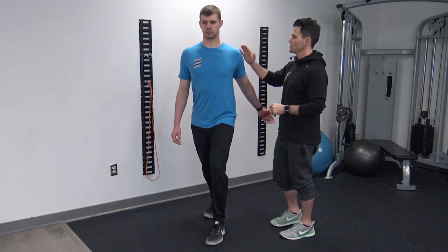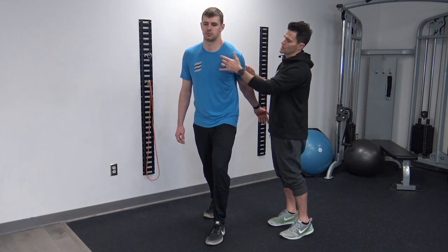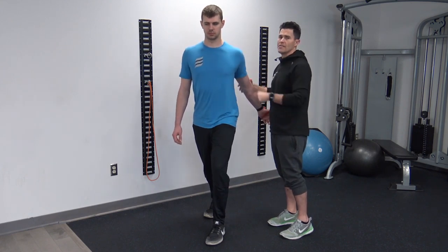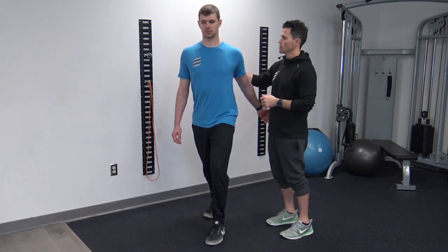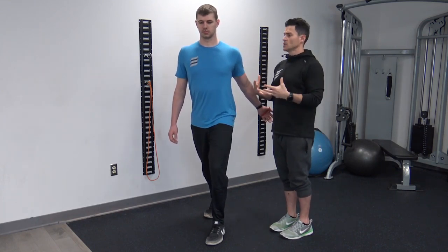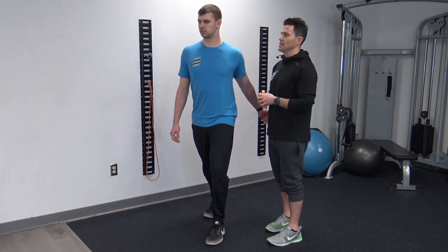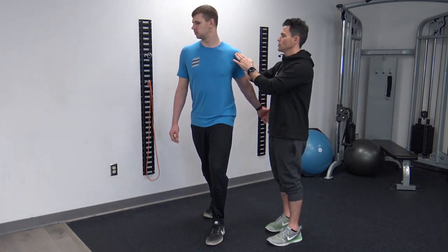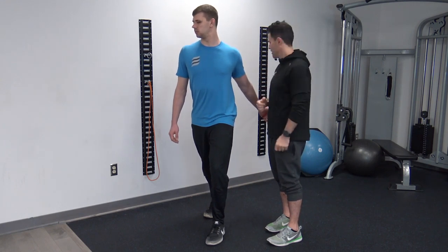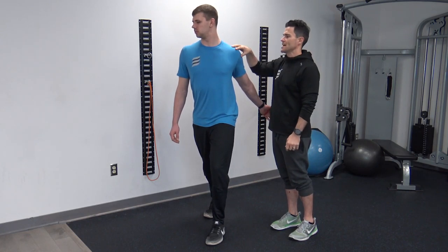You'll notice that his shoulder is not dumping inward and gliding forward because the pressure is so great from the pull on that muscle. So it's downward and retracted. He's going to breathe in to expand his lungs, breathe out, rotate his head to the right and gaze to the left, retracting the shoulder blade at the same time. The tension of the band will help to reduce the pressure here of the muscle and naturally allow it to